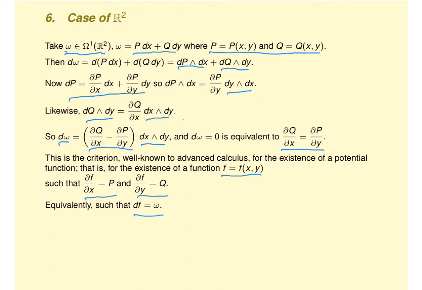So the Cartan calculus in this case amounts essentially to the well-known fact that if you've got a closed one form on the whole of R2, then it comes from a potential. If you're not on the whole of R2, if you've got a punctured plane or something more complicated, then of course that might not be contractible, it might not be diffeomorphic to R2, and you may only be able to do this locally. I'm sure you've seen that sort of situation also. Okay,